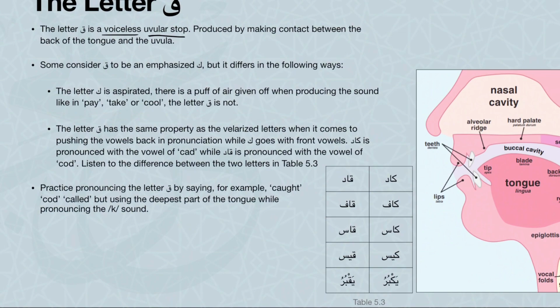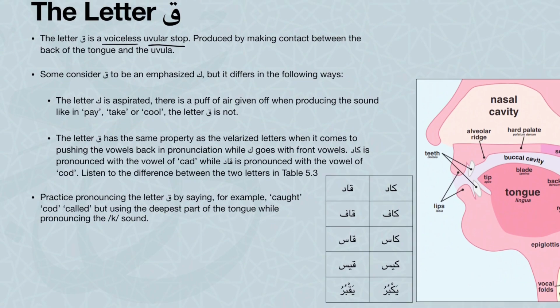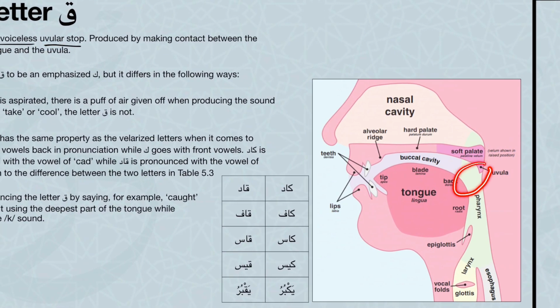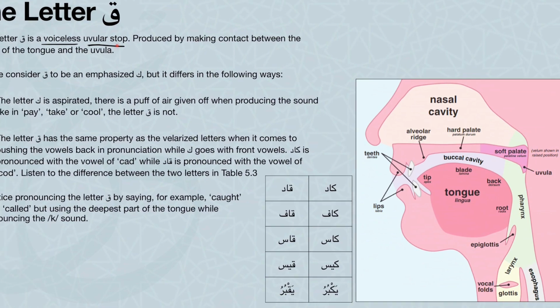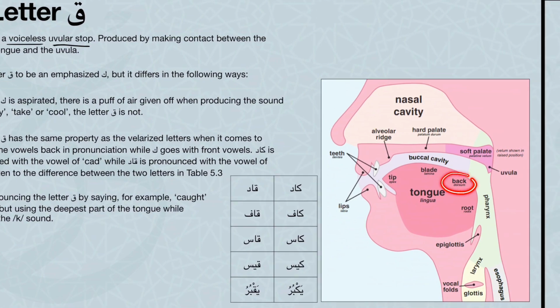Okay, we're going to recap just for people who did not catch it. We said it's voiceless. That means that your voice box will not produce any noise or vibration when pronouncing it. It's uvular, coming from this area here, and it's a stop. That means that no air comes out when you pronounce that sound. There's no ejection of air outside of your mouth. And how we produce it: we make contact between the back of the tongue and the uvula. We bring it back to almost contacting, and then it stops the air in that direction, giving you the sound